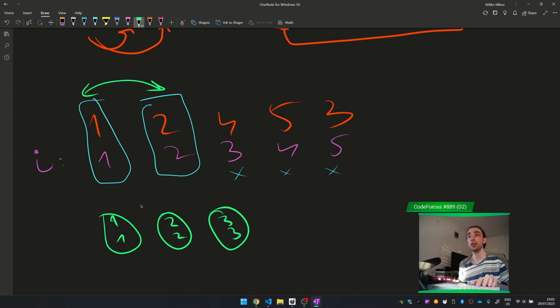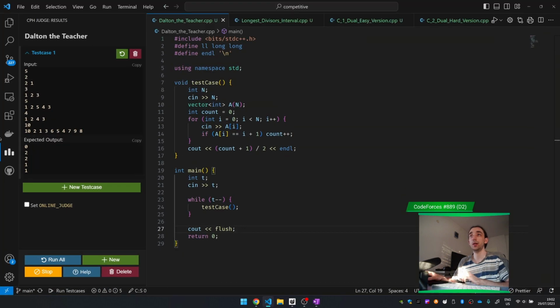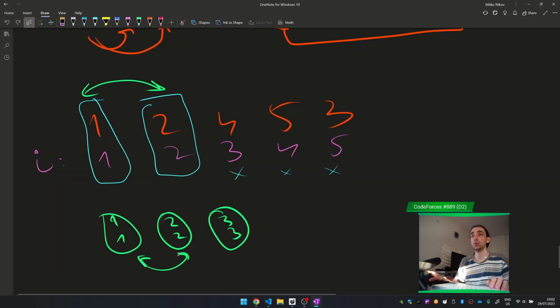In this case, you would swap these two, but for the third number you need to swap it again, and it doesn't matter what you swap. You will swap with any number of the permutation, and that's why the solution is the count of the numbers that match with the indices